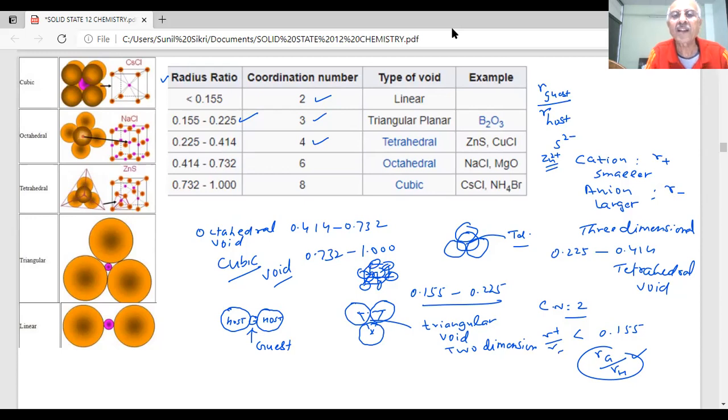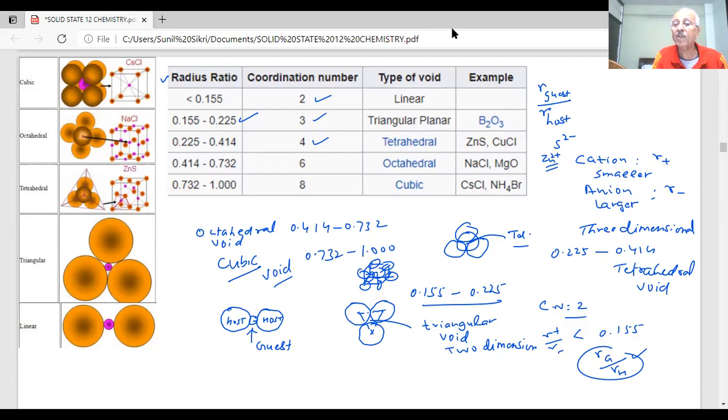And for NaCl and MgO, students, what is the coordination number? 6. Here, where are the sodium ions and where are the chloride ions? Chloride ions are occupying the crystal lattice sites. As you can see, this is Cl minus, which is larger in size, yellow. They are occupying the crystal lattice sites, and the smaller ones, sodium ions, are smaller in size. Where are they, student? You can see that they are occupying what type of voids? Octahedral voids.